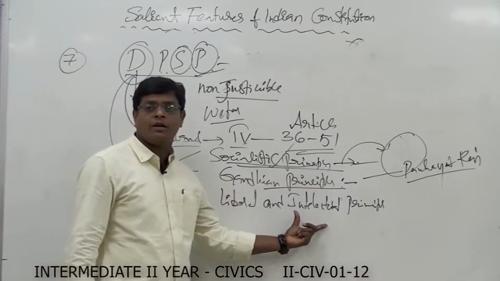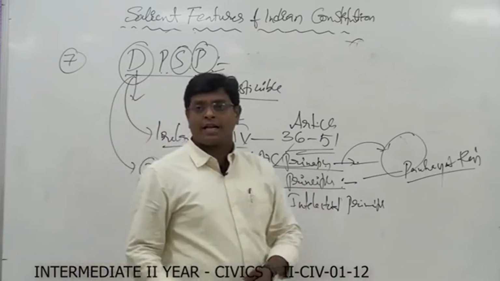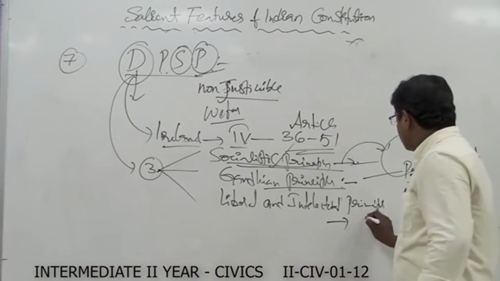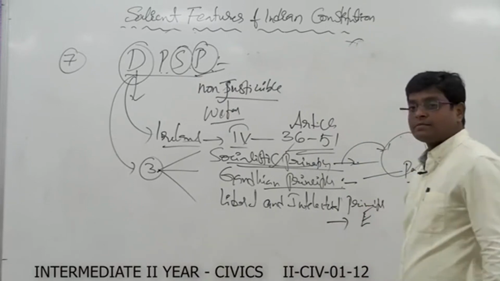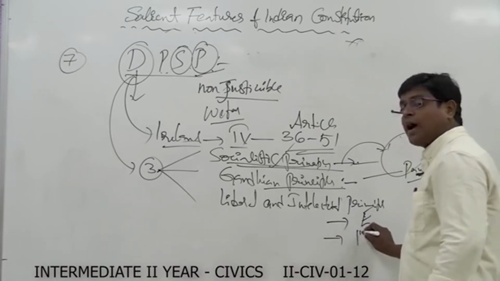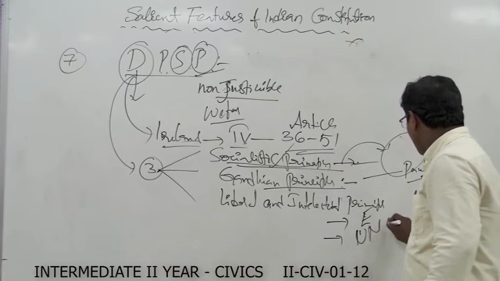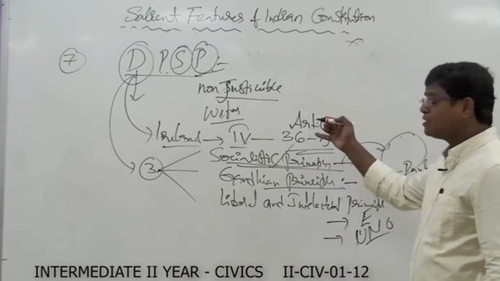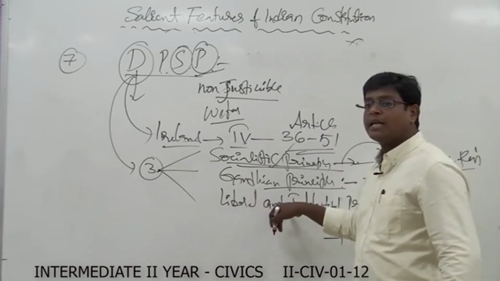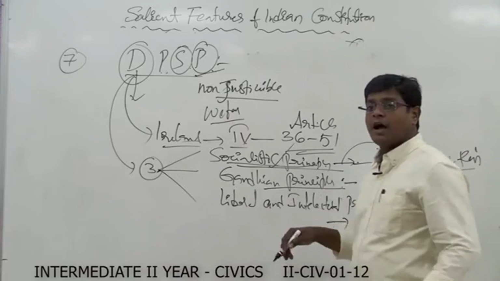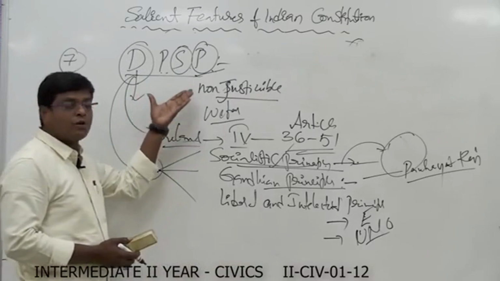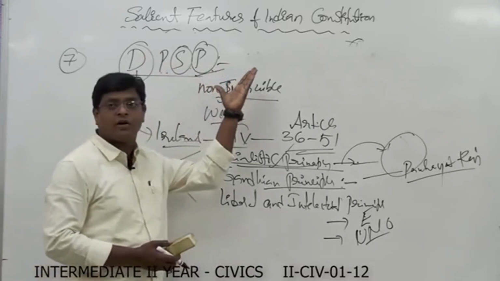Liberal and intellectual principles also come under them. For example, if you take the example regarding the environment, extending our help to the United Nations Organization, and separation of the judiciary from the executive, they come under liberal and intellectual principles. Here, the directive principles of state policy are also considered one salient feature of the Indian Constitution, which are